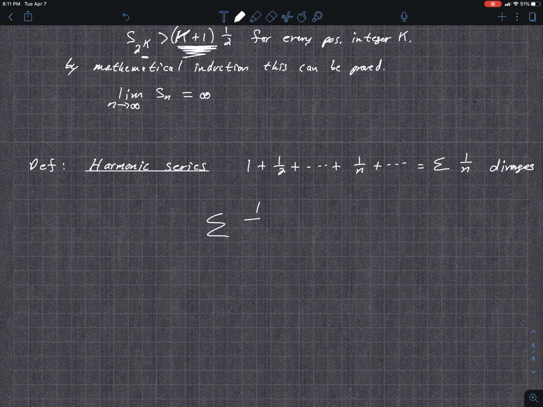So what we'll look at are series that are similar to that. I'm going to erase this later, but we'll have 1 over n to the p, and depending on what p is, we can show when the series converges or diverges. We may not know what it converges to, but we can say it converges or diverges. And so what I'd like to think of it as is it's going to pivot around